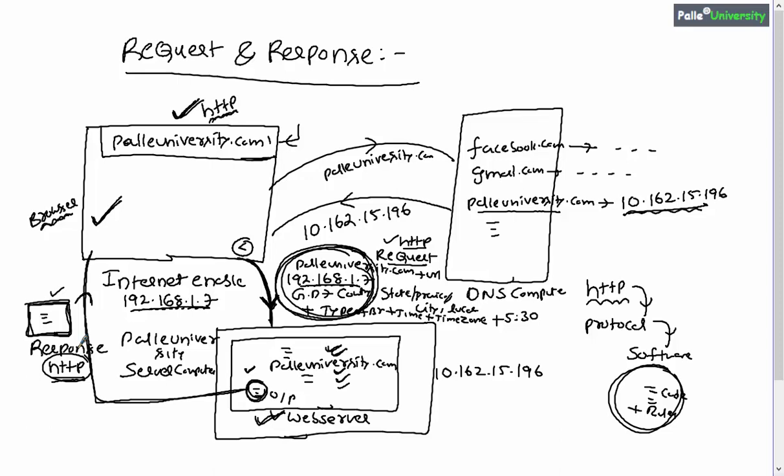Now let me explain one more important point also. The point is related to DNS computer.